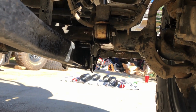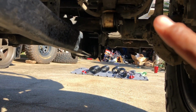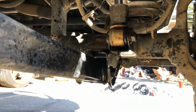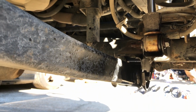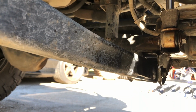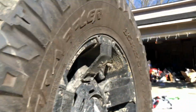I'll show you some of the places that I already hit so far. That way you can take a look at areas that you should probably be hitting once you decide to install your lift as well. So it's recommended for you to hit your lower control arm and also your shock bracket. This just makes it so that when you go in to droop down your axle to install your springs and take out your old springs, it makes it a little bit easier to remove things. So I did that on, again, the lower control arm and the shock bracket on both the driver and the passenger side. I also did